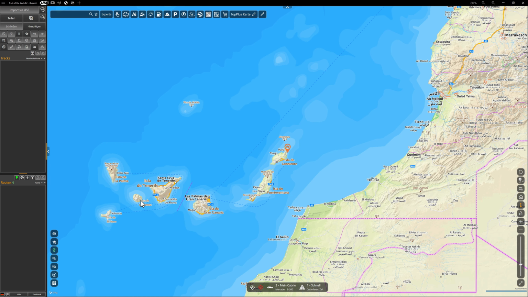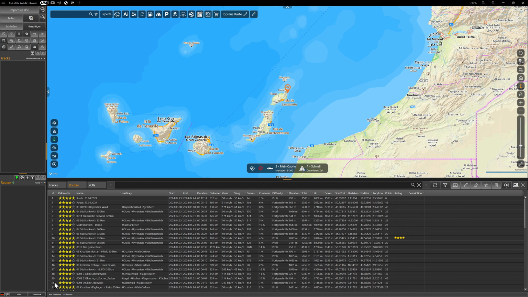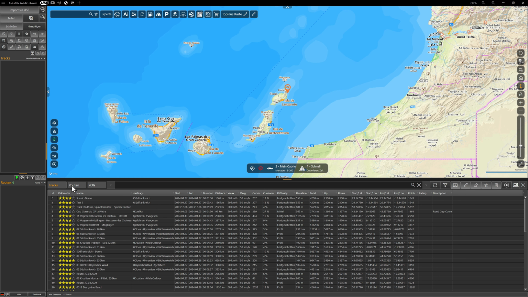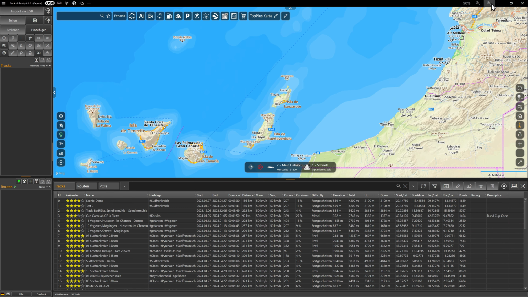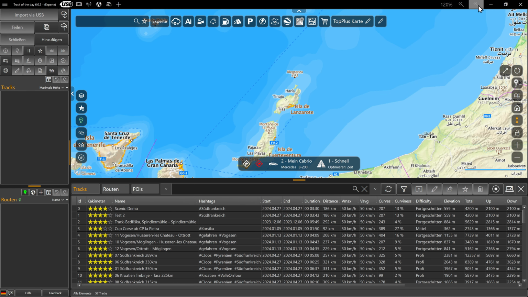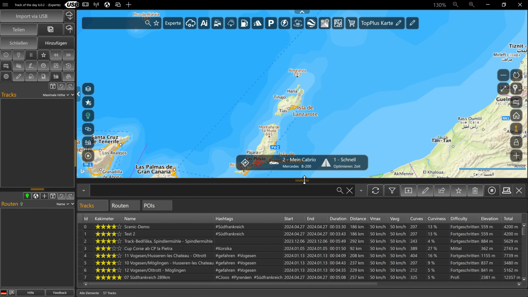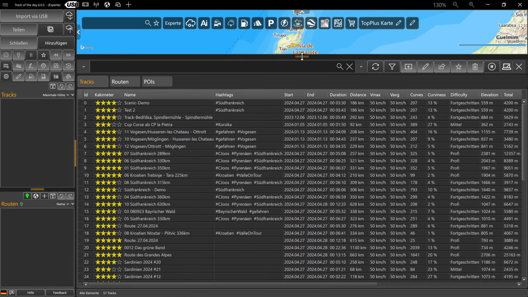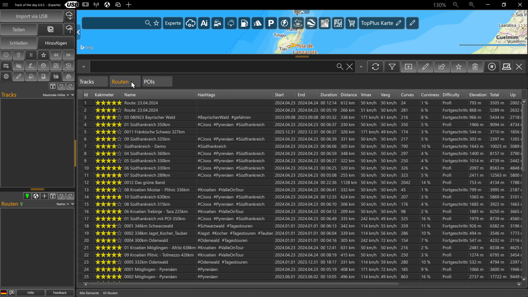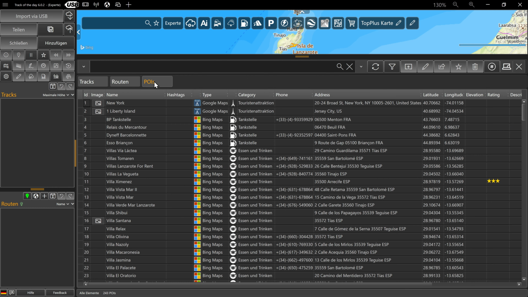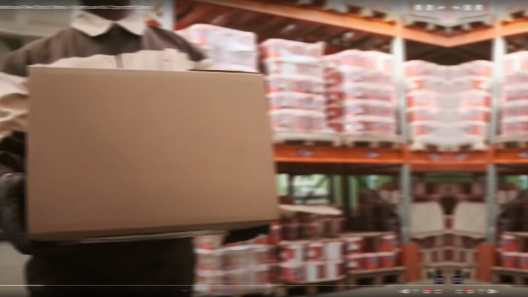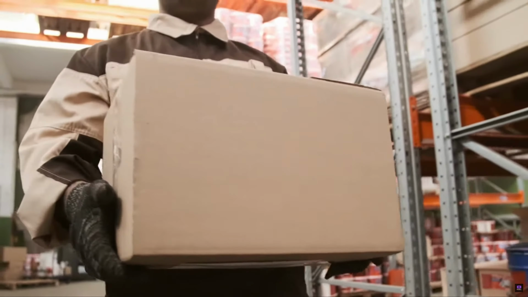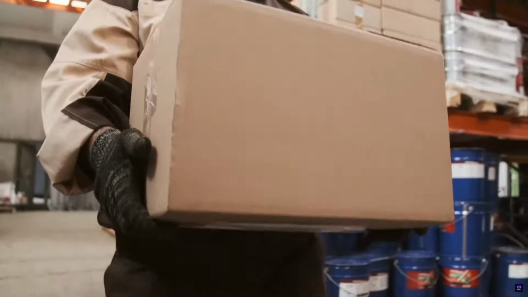Let's dig deeper. The TD database is an archive system for tracks, routes and POIs. Here you can store everything you have collected over the years. There is no predefined size limit. The capacity of a SQL Server database is essentially limited by the available disk space. SQL databases are designed to manage many millions of records quickly and efficiently. You could say that they are like a gigantic high bay warehouse where you put everything where there is just enough space. In order to find something in this warehouse later,